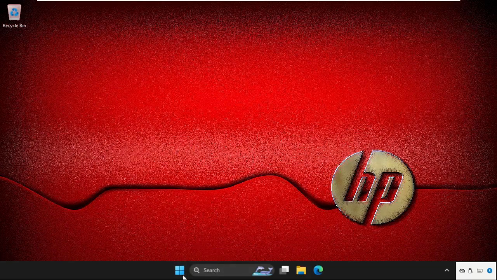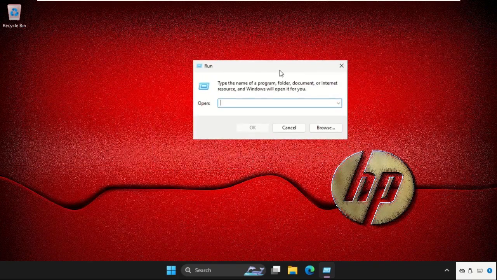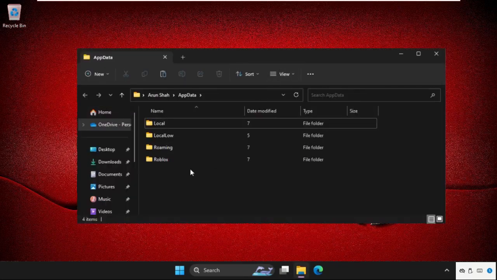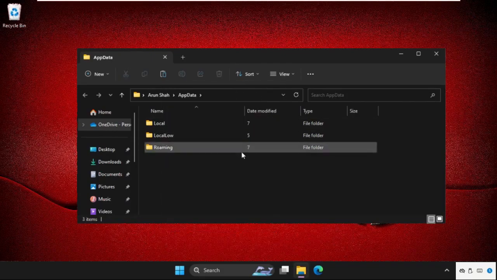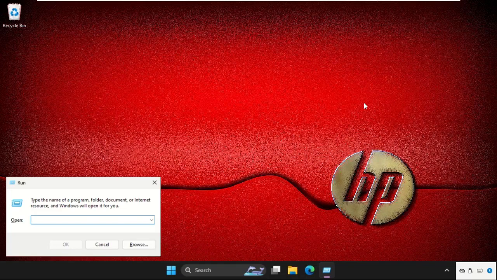Just right click on the Start icon, select Run, and type AppData here and hit enter. Once we are here, you will get the Roblox folder. Simply right click on it and select delete. Once done, close this window, and again open Run, then type here